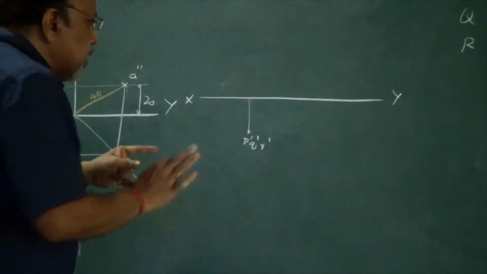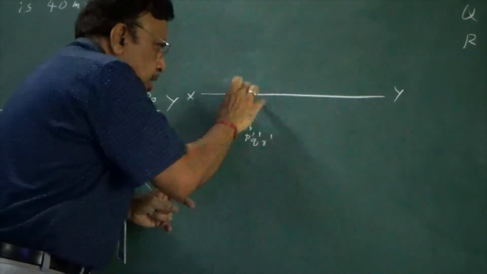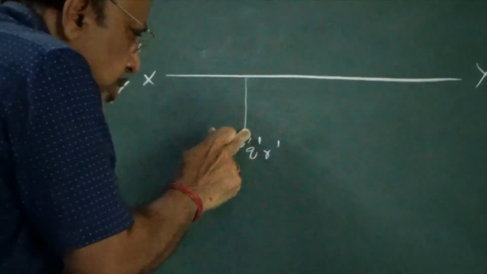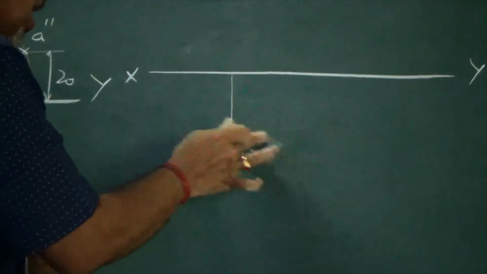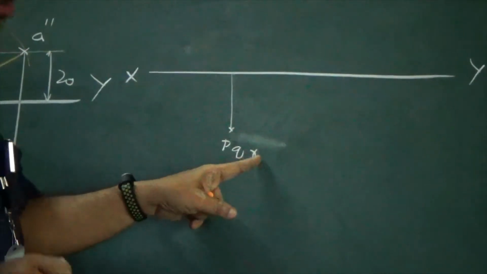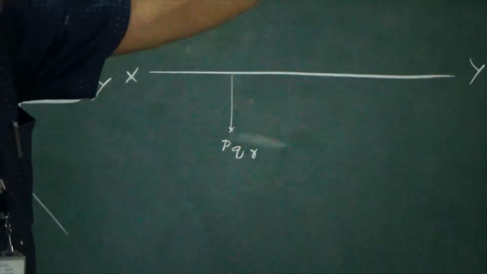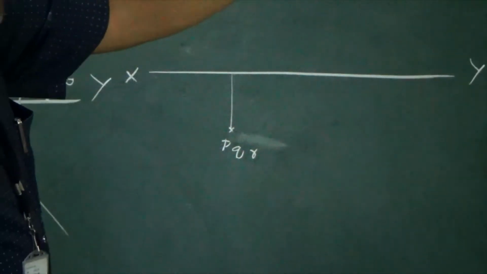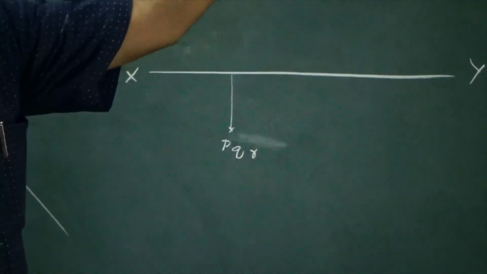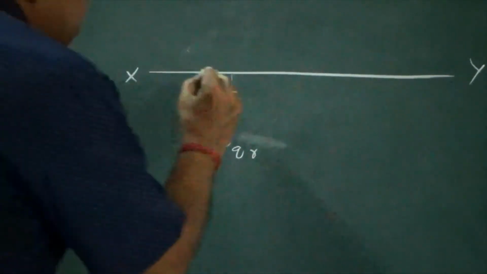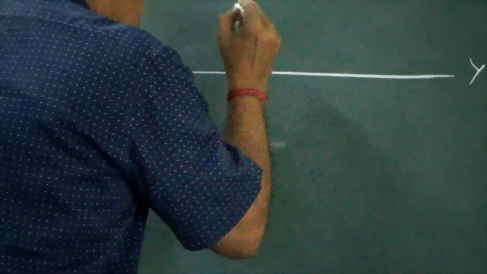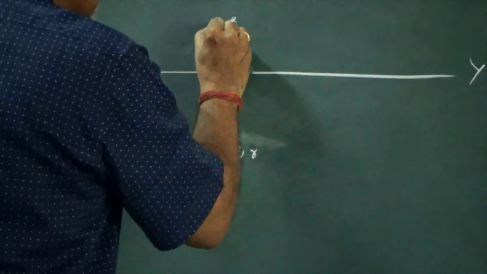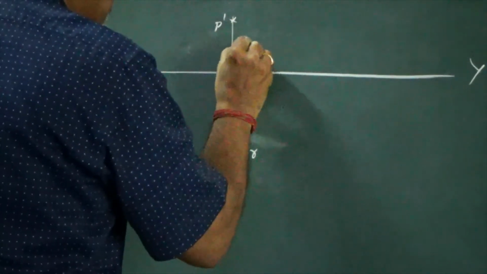So what is it then? Vertically, we have just taken 20 mm below the XY line. This particular point represents the top view of P, Q and R. No dashes, sir. It should be P, Q, R. Okay, now he has given that the point P is 20 mm above HP. That is, its front view is above the XY line by 20 mm. So I will take that 20 mm. So that is point P dash. This is also 20 mm.